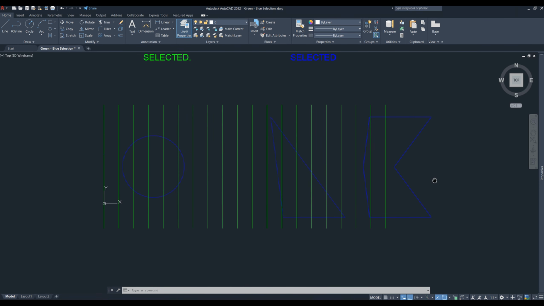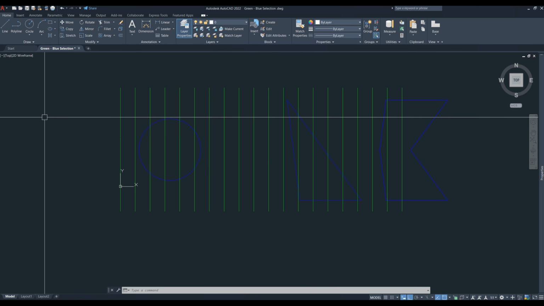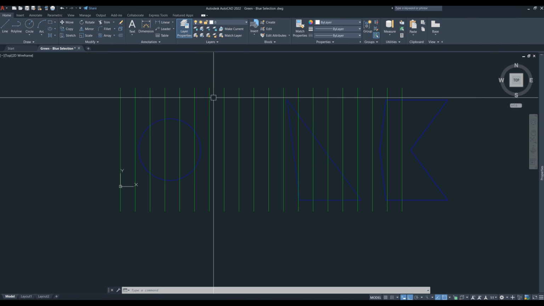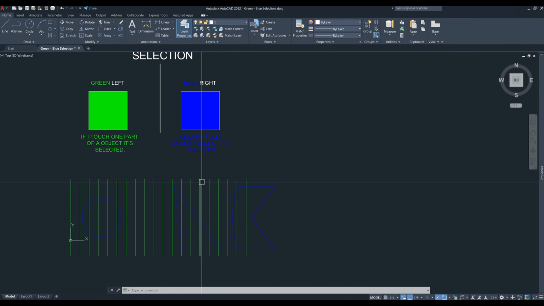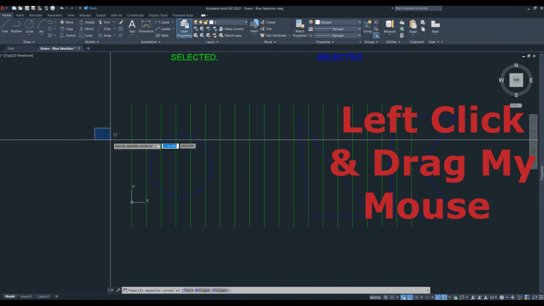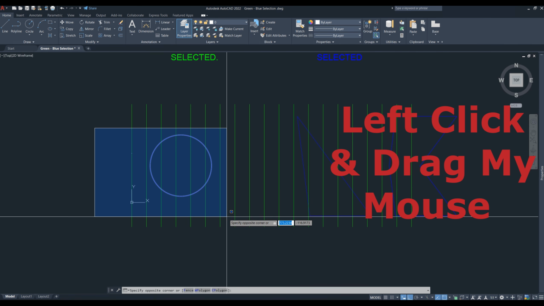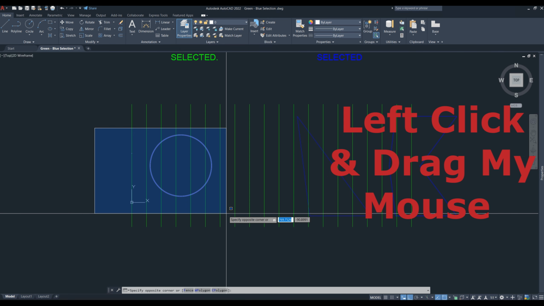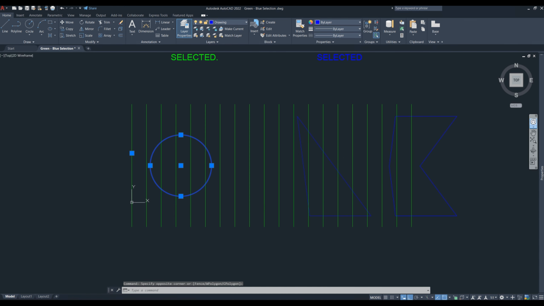Let's go down here. You can see we've got different objects within AutoCAD. Let's say I wanted to select my blue circle here. Now obviously these green lines are in the way. So this is where my blue selection towards my right will come into play. So I can click and drag my mouse towards my right, and as you can see, as I hover my mouse over this object and cover all of it, and I click again, it's now selected